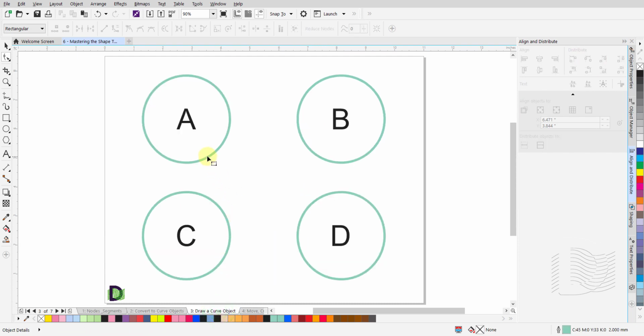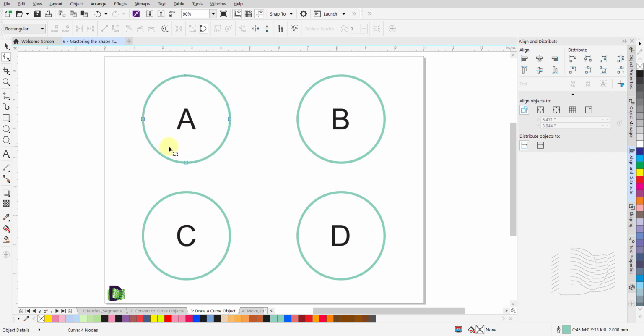Here, we have 4 curve line objects. Each object is circular in shape. With the Shape tool selected, click on one of these objects. You will note that it has 4 nodes on it, thus dividing the circle into 4 segments.